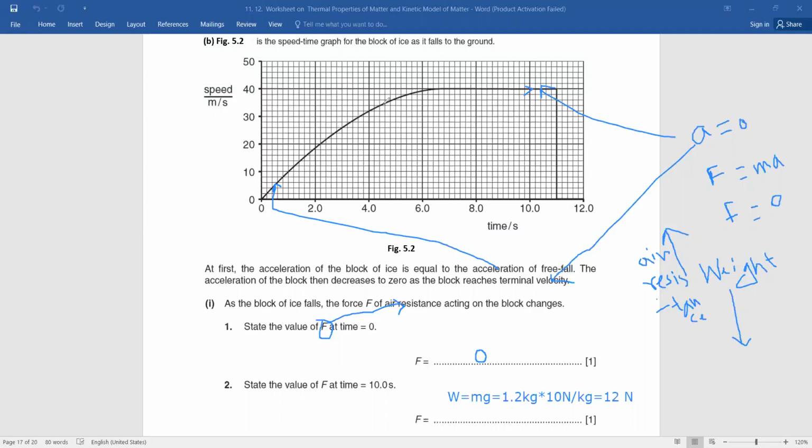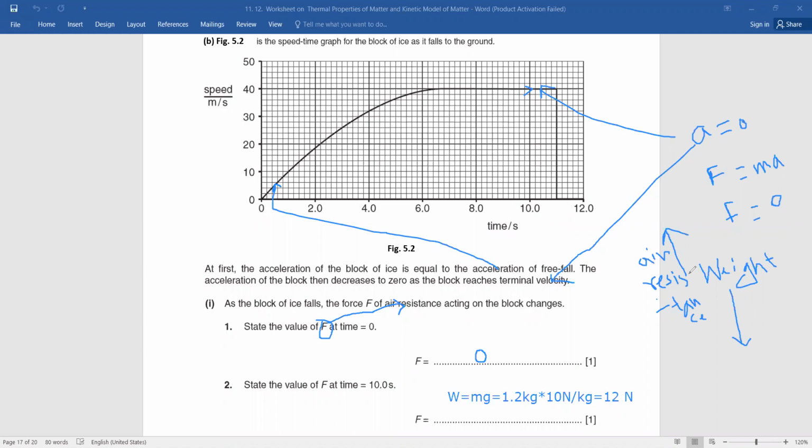You see, we are having the graph here, right? A curve. The acceleration is decreasing. The resultant force is becoming smaller and smaller. What is resultant force? Can you tell me? Resultant force means the subtraction of weight and air resistance. At the beginning, weight is more, right? And the air resistance is less,